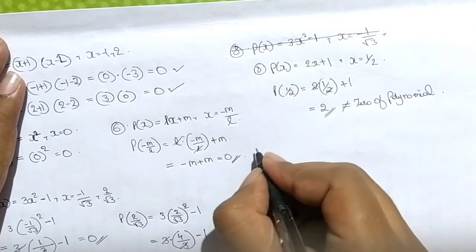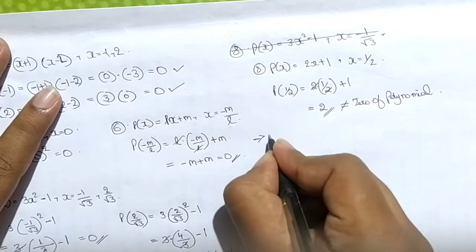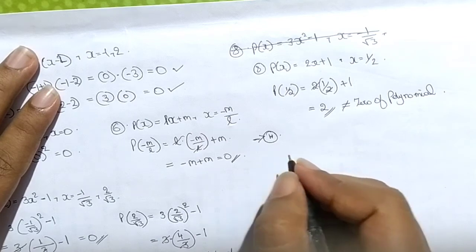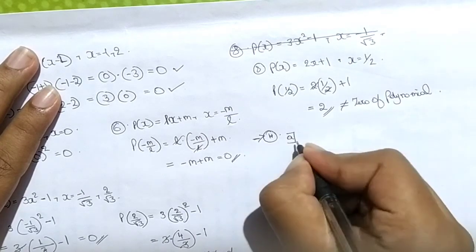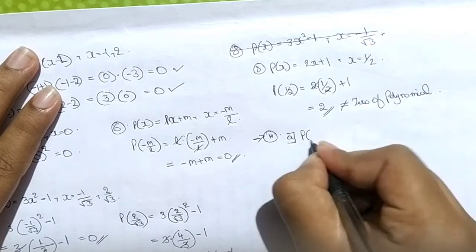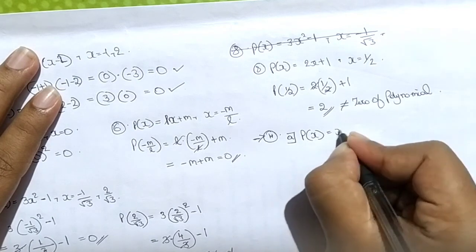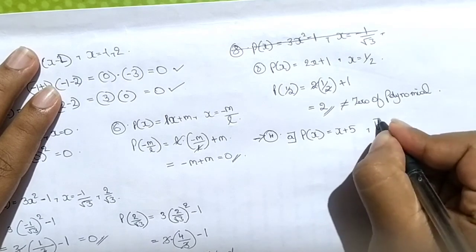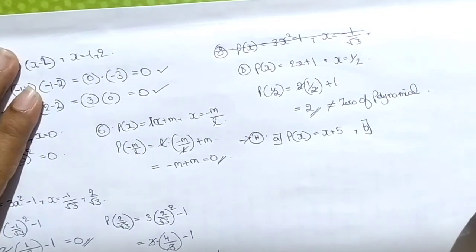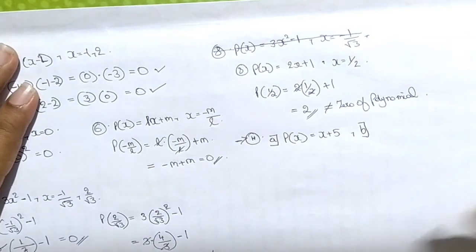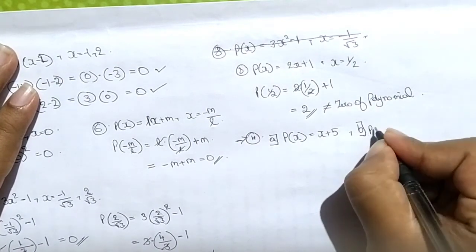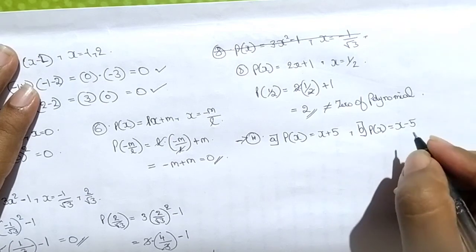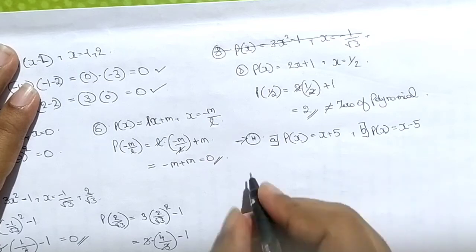Now the fourth main, the last main: find the 0 of a polynomial in each of the following cases. Let us take the first question. P of x is equal to x plus 5. This is homework for you. Let us take the second question. I will solve the others. You do the first and second questions on your own. You will come to know how to find a 0 of a polynomial for a given equation. These both are given as homework.